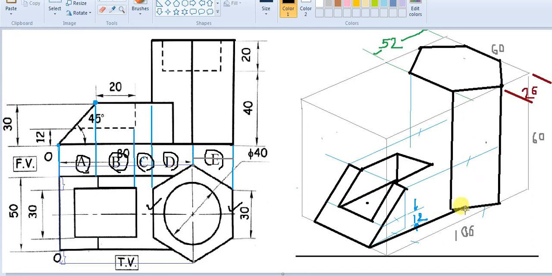So from there we will draw a sharp vertical edge of height 30 mm to which this particular edge will go and meet. As we can't see the inner portion, or this is the outermost plane, we will have to erase this particular part like this.